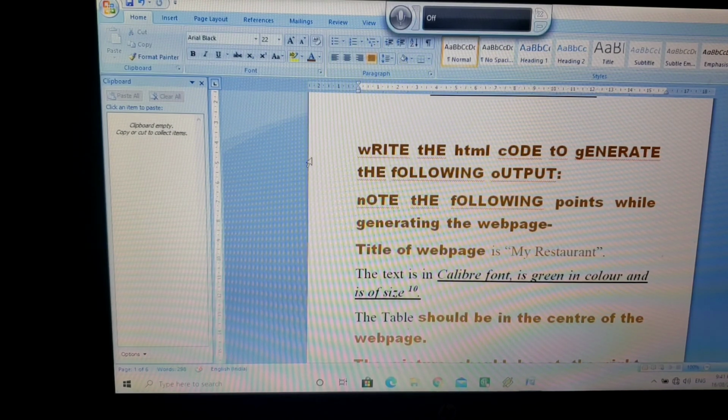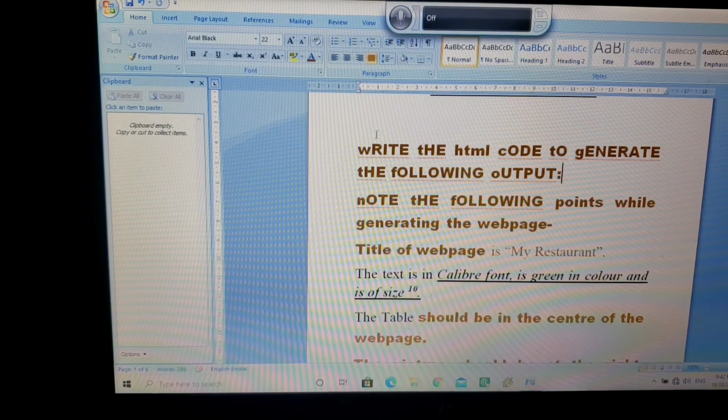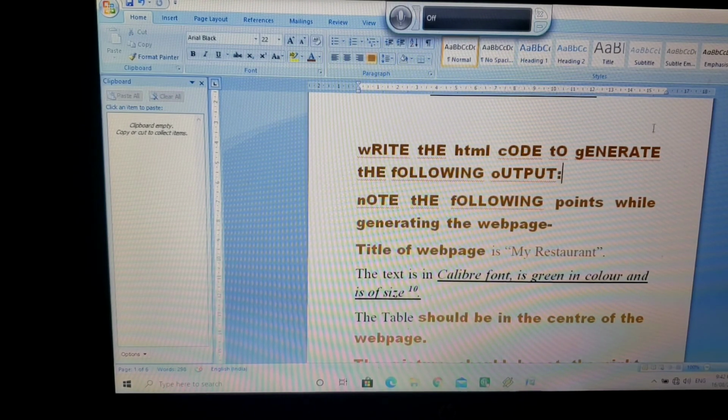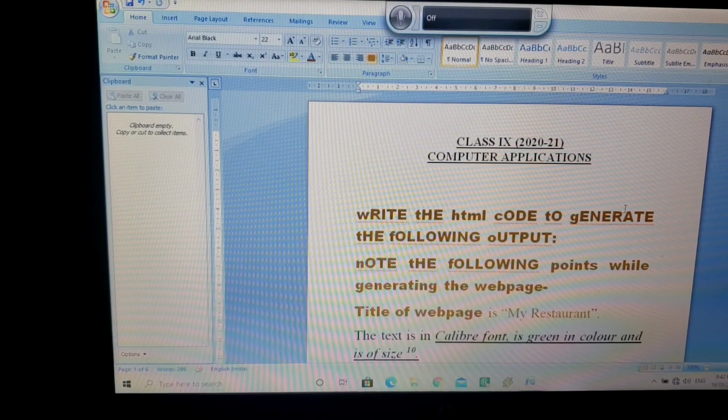This distance from this page to this W, this particular distance is called margins. The distance between the written text and the edge of the paper is called margin. You have margin on all 4 sides: left hand side, then right hand side, top, and similarly the bottom.